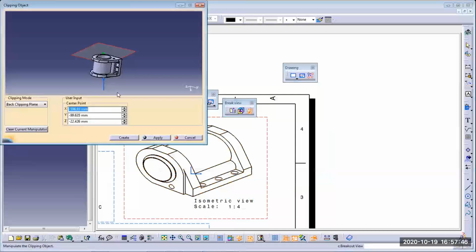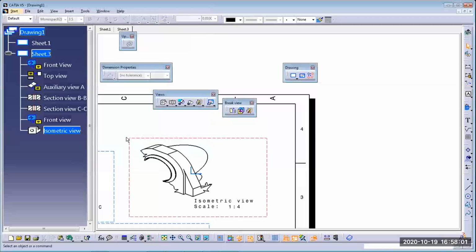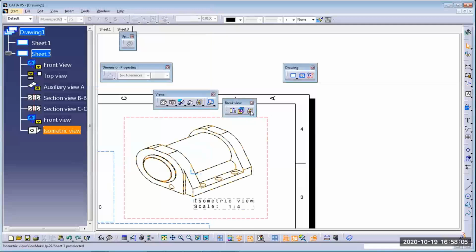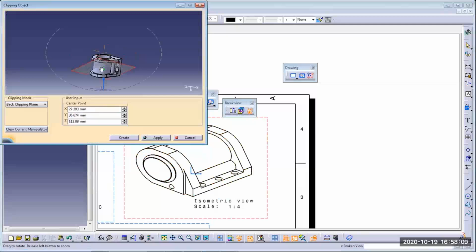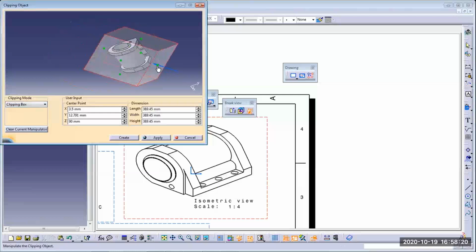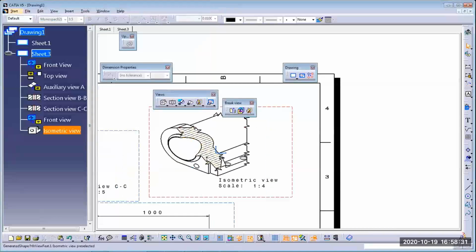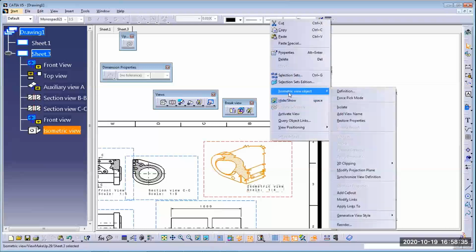I use this just like earlier. We have to define the location of the plane, that's it, where you want to cut it. Your observer direction is this blue arrow, and you want to cut it like this, and use the create option. That's it. It will get cut like this. So I do it again. Then use this, and now I'm using the bounding box, complete box. In every direction we can show the section. We'll cut it like this. If you have to cancel that, then right click on this isometric view, go to the 3D clipping, and use the remove 3D clipping button.